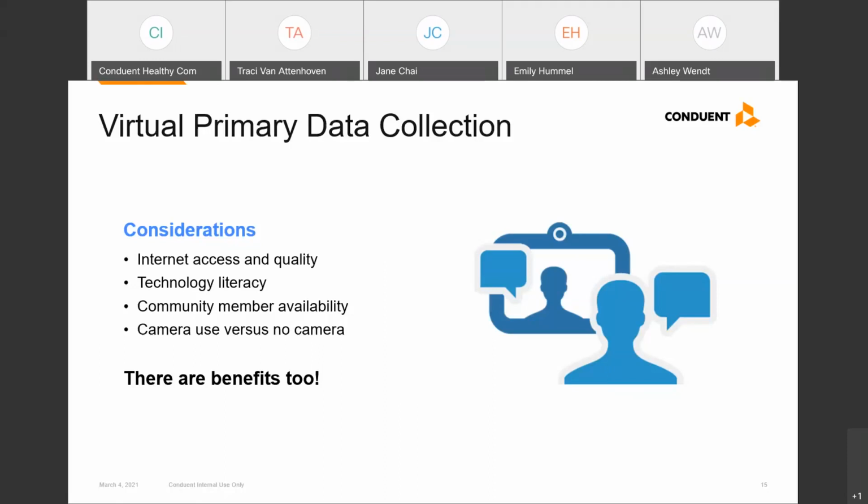Do they have kids at home or other constraints on their time that would make it challenging for them to be able to log on and participate? Camera versus no camera. I think that's a controversy in all of our environments right now, school, work, and it's no different when we're thinking about community qualitative data collection. Obviously, we would prefer to have our camera on in this situation, but it's good to ensure that our community members are feeling comfortable. And if you have a call-in option that they prefer to use instead of sharing that camera, it's good to offer that.